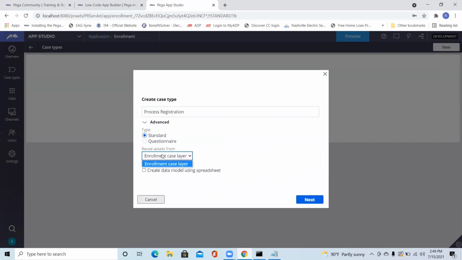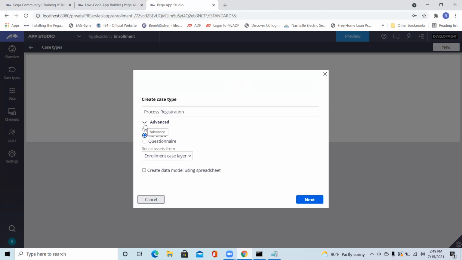So it is asking, what is that question? Standard questionnaire. Standard in the sense, first name, last name. Questionnaire will be a different thing, I think.